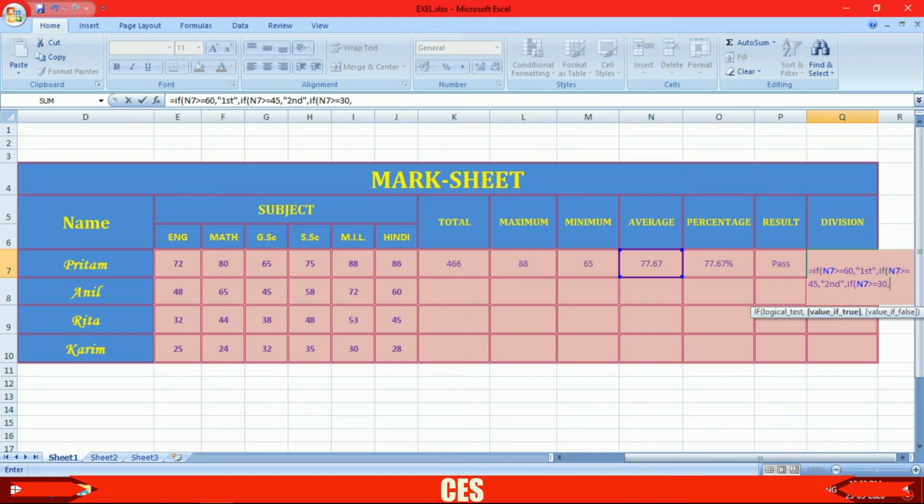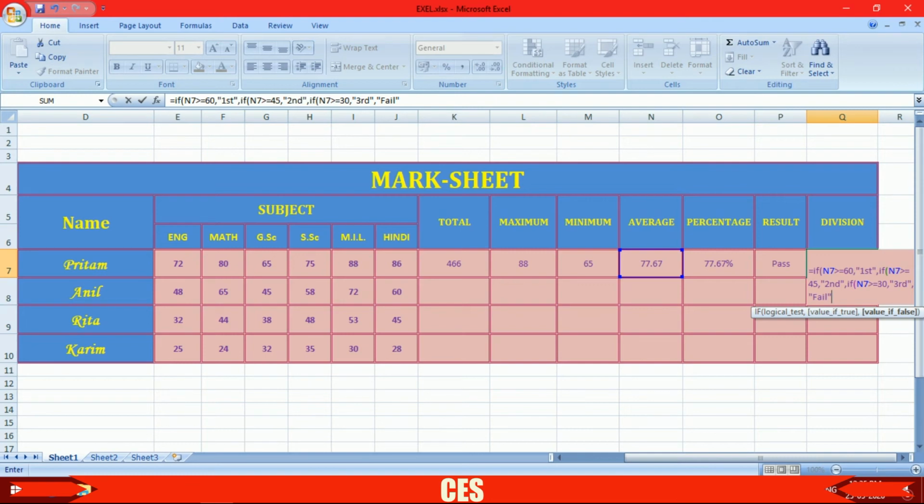So to write it, first open the inverted comma and write here third, then inverted comma close. Or if not, then it will be fail. So to write it, put a comma here, then once again inverted comma open and write fail, F-A-I-L. Now inverted comma close.